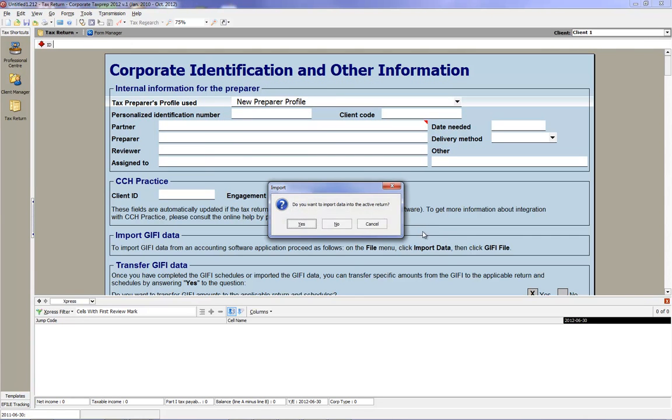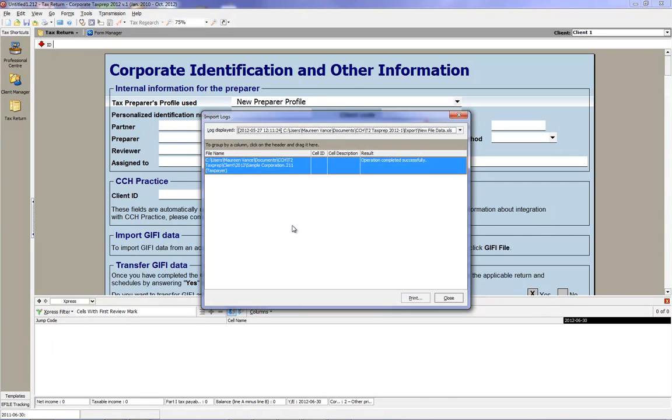Click Open, and the program's going to ask you, do you want to import data into the active return? Say yes. So it's important to create the new file first and then import it in. If everything's good, you should see operation completed successfully. Depending on what you've selected, it is possible that if you have been overriding certain fields in your file and you need to override them again in your new file, the program